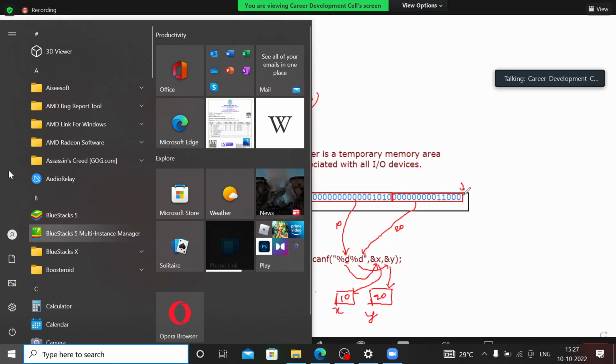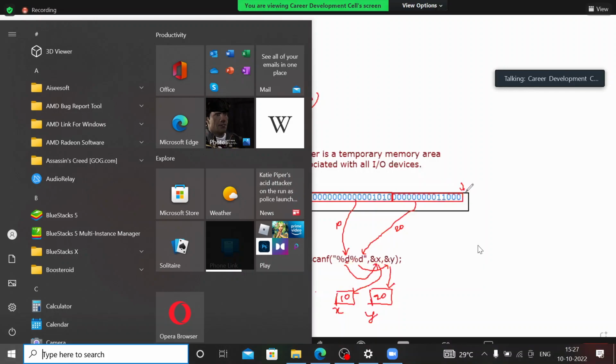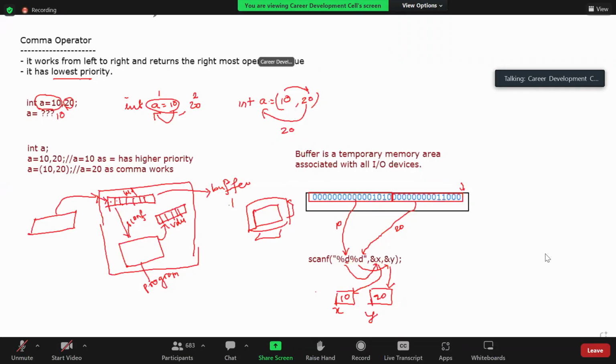Okay, now let's see what happens if I put a comma. This scenario is clear to everybody. Now see what happens if I put a comma. To the same thing, if I put a comma, what happens now? See,